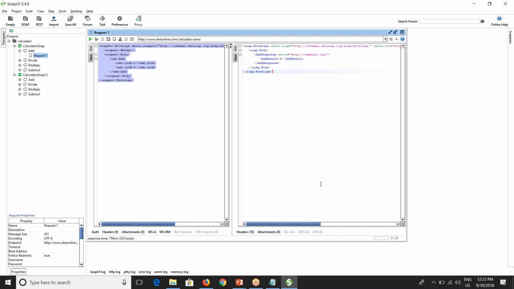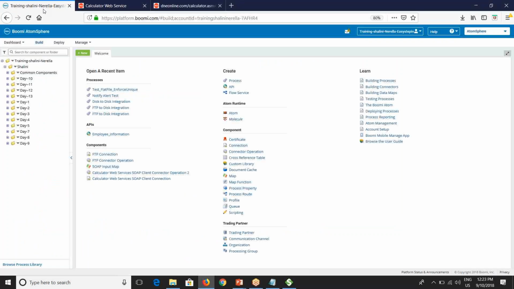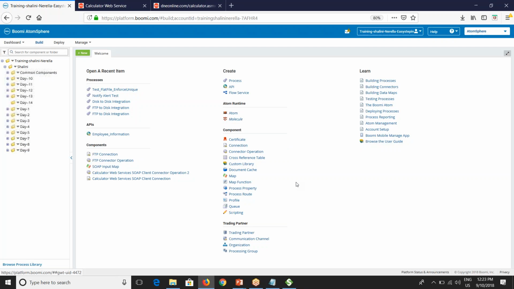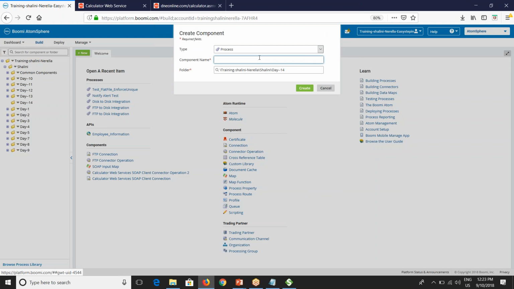Now we have consumed this using SoapUI. Let's now try to consume this using Boomi. So we'll see how we consume the same SOAP web service using the Boomi platform. So let's go back. Let's go back to the Boomi platform and create a folder day 14. So we've created it and we'll create a process with the name web services soap client demo,